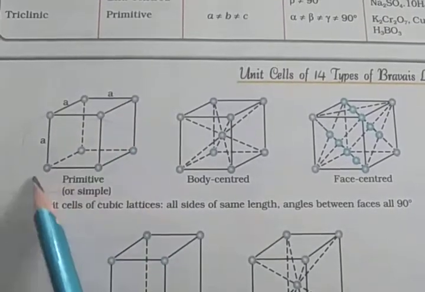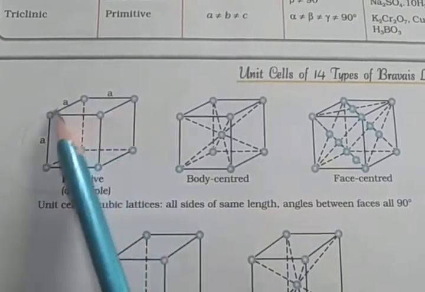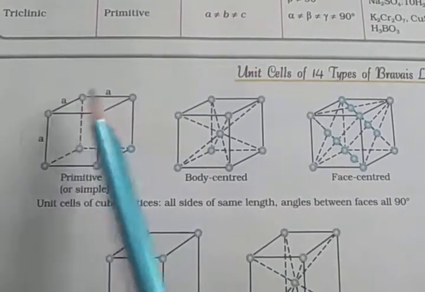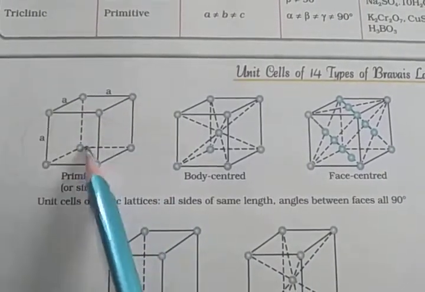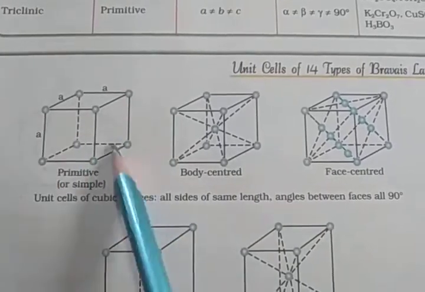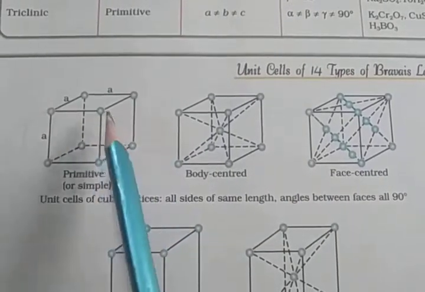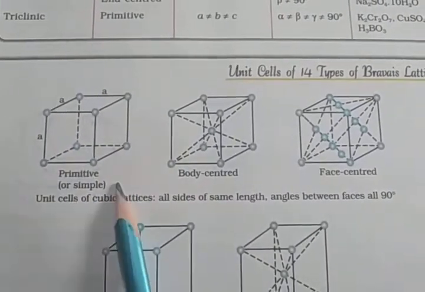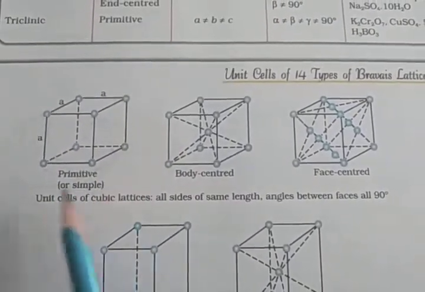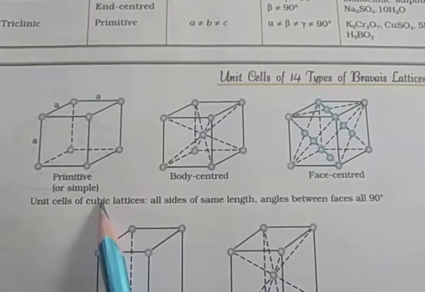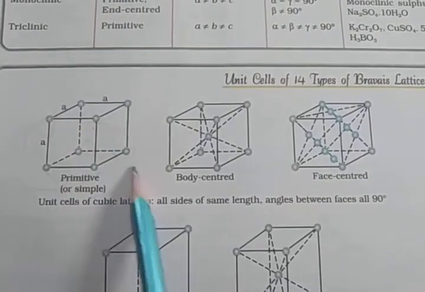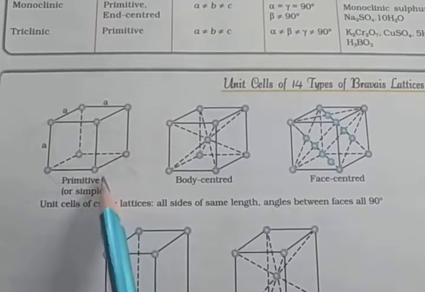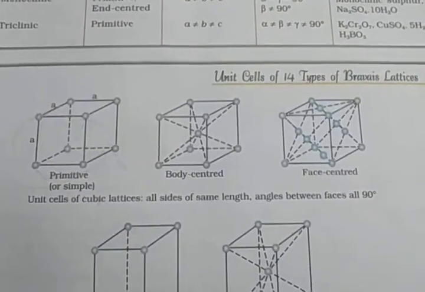How many corners? 1, 2, 3, 4, 5, 6, 7, 8. 8 corners. So constituent particles are present only on the corners. So this unit cell is known as primitive, otherwise simple unit cell. And all sides are of the same length and the angles between faces are all 90 degrees. Then